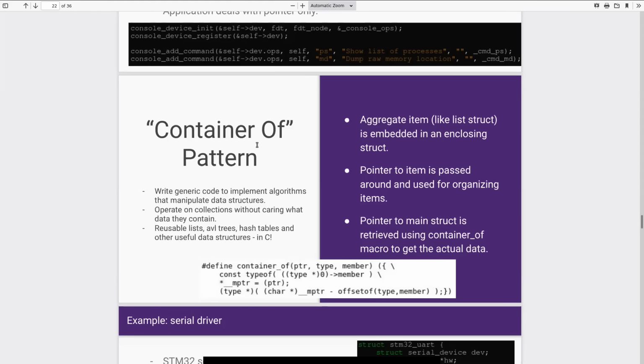Exactly. That's a very good explanation. And container_of comes in for one very, very specific reason. Because in C you don't have virtual methods like you have in C++. C++ has kind of implemented a lot of those things as part of the language. But